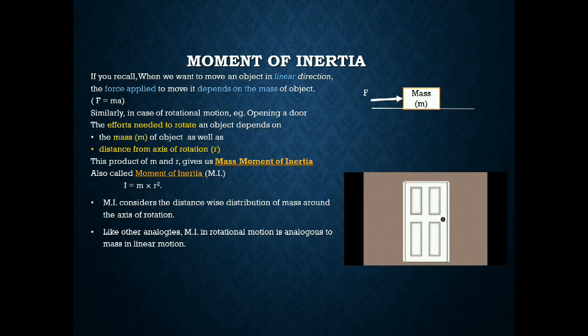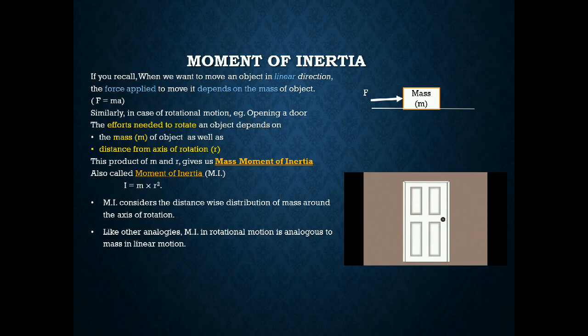Next term. Inertia, you already know; the term related to the study of rotational motion is moment of inertia. What do you mean by moment of inertia? We already know inertia, a term we use in linear motion. When a body is moving in linear motion, that body will resist the change in its state. It has a natural tendency to oppose the change in its state. That is known as inertia, related to linear motion.